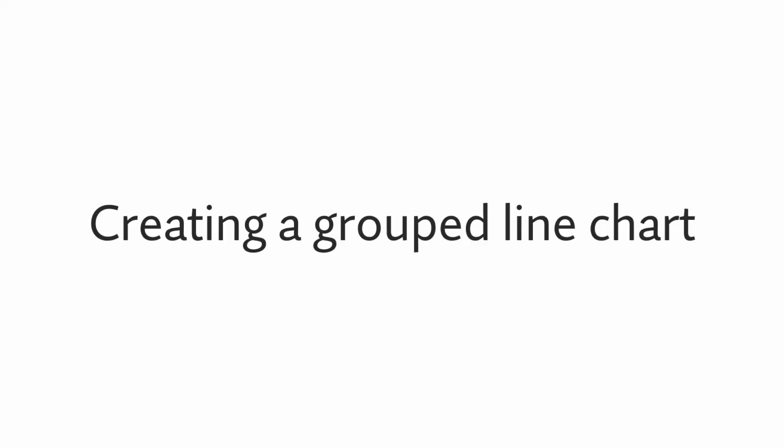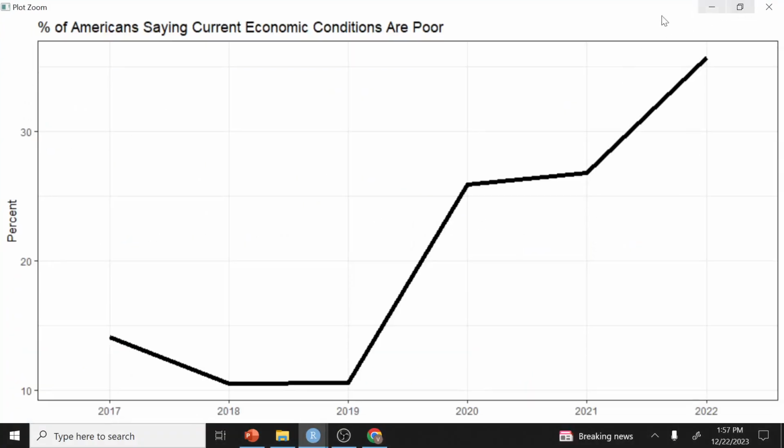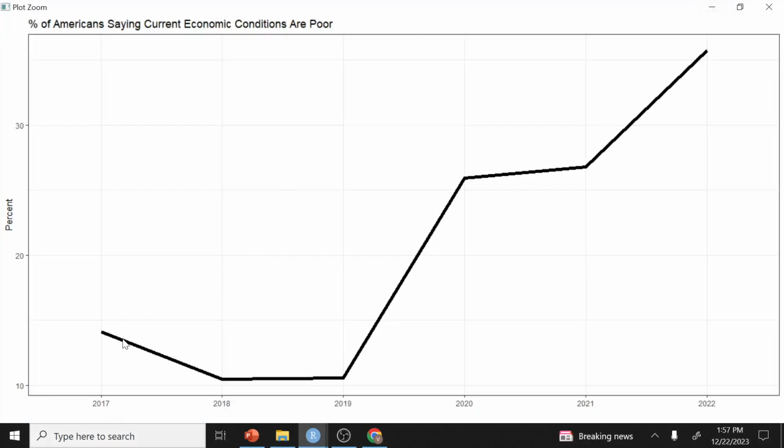In this lesson, we are going to learn how to create a grouped line chart in R. In a previous lesson, we created this line chart. In this line chart, we showed how the percentage of Americans saying that the current economic conditions were poor evolved between 2017 and 2022. In this lesson, we are going to break this line apart depending on the racial and ethnic characteristic of the